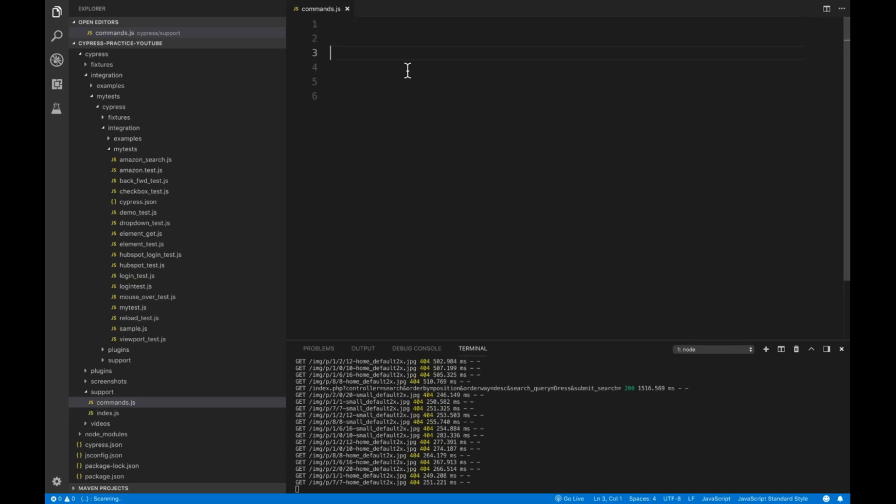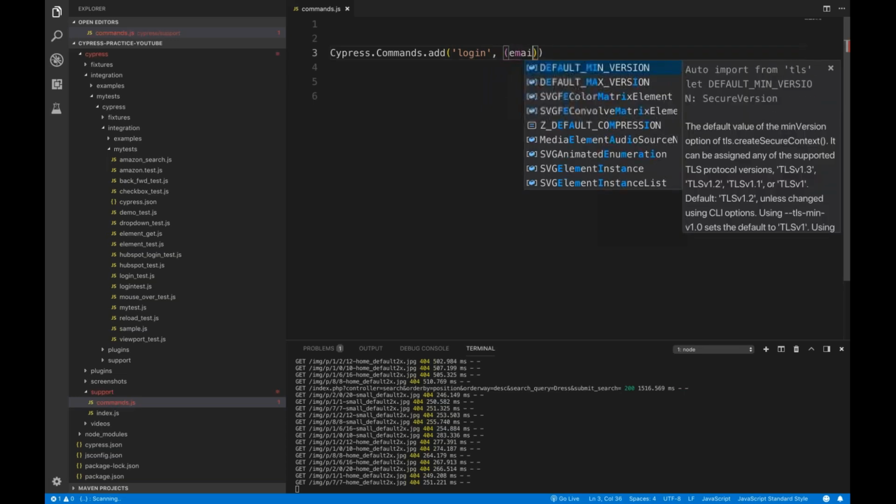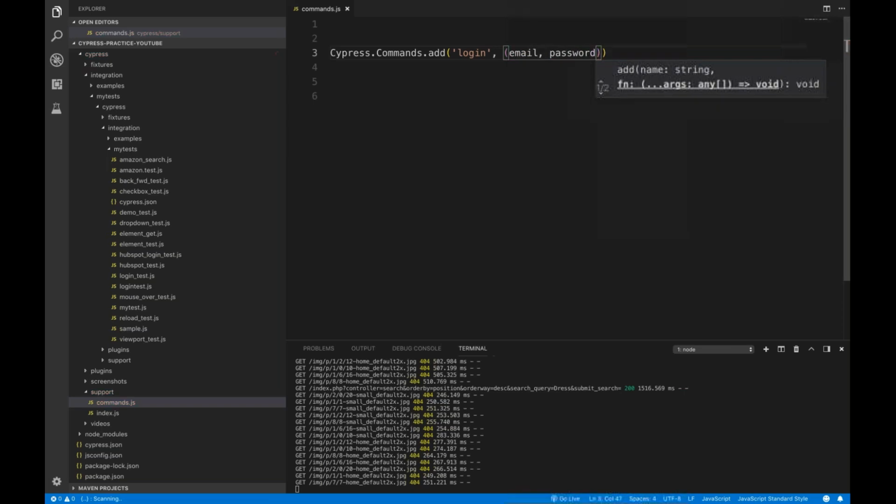Now I'm going to create my first command. How to create? Simply write Cypress.Commands.add. You have to use that, and here you have to give the function name, what kind of function you want to create. Let's say I want to do a login, so this is my login feature. And under this particular login, what parameters do you need? I simply say: you give me your email ID and password over there. So this is my function name, and you have to use Cypress.Commands.add, and these are the 2 parameters I'm using. And then here you can write your generic function like this,